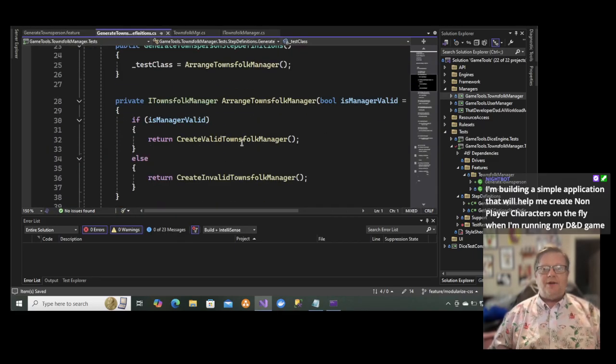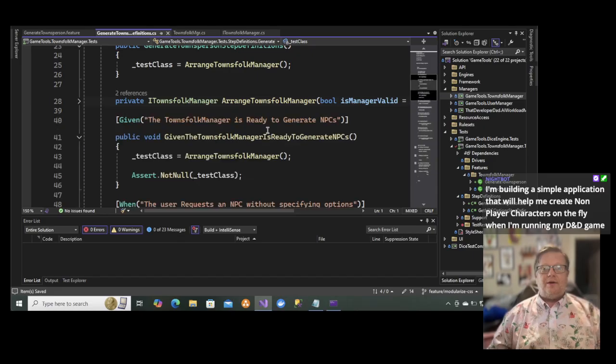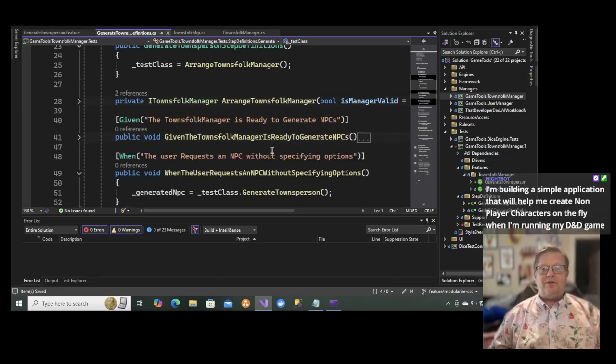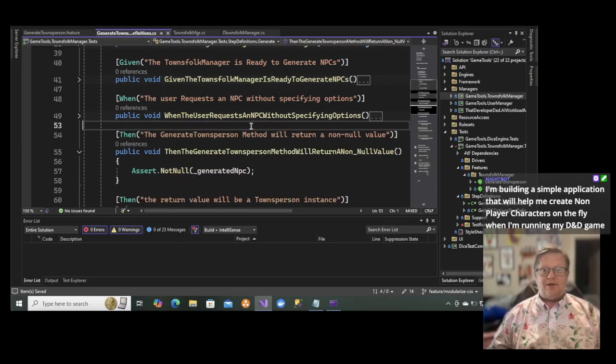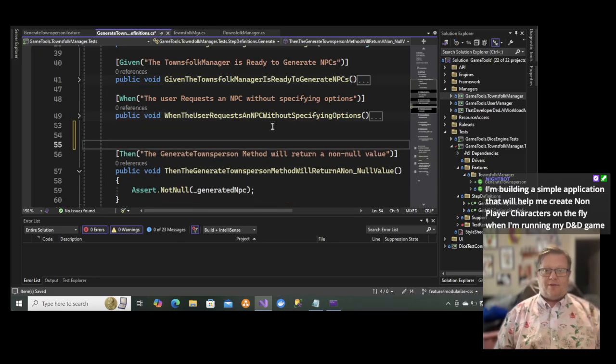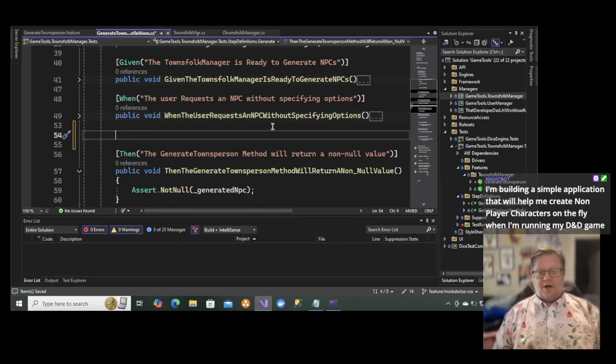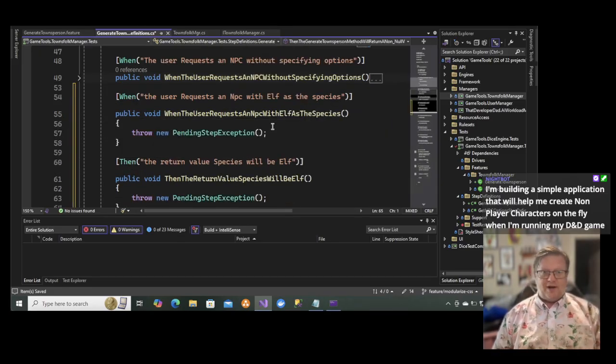And I'm gonna come down here. Here's a range. Here's our given. When the user requests an NPC without specifying options, I'm going to paste that, our new step definitions, right in here. So when the user requests an NPC with elf as the species,